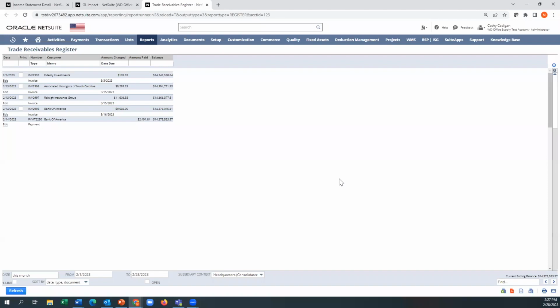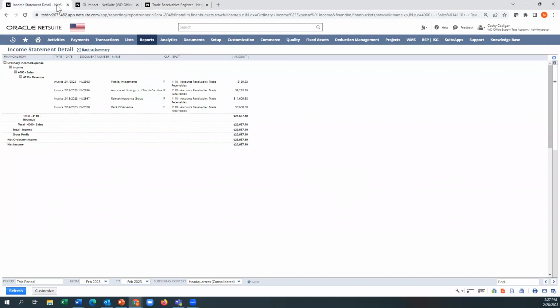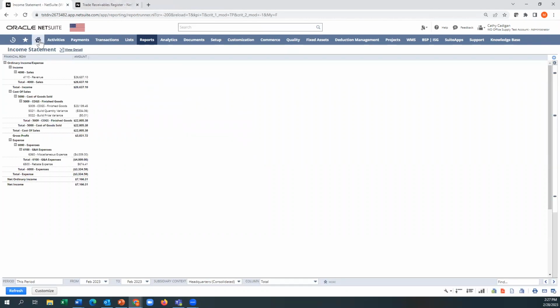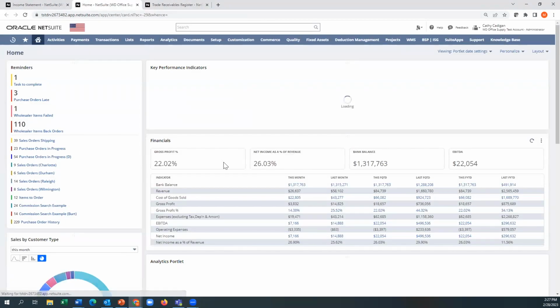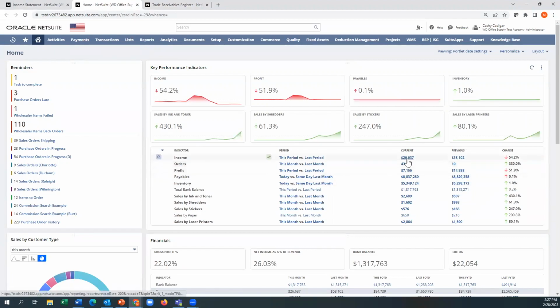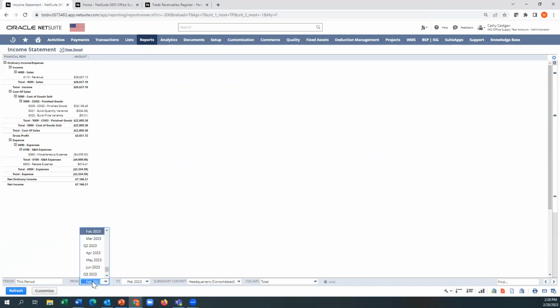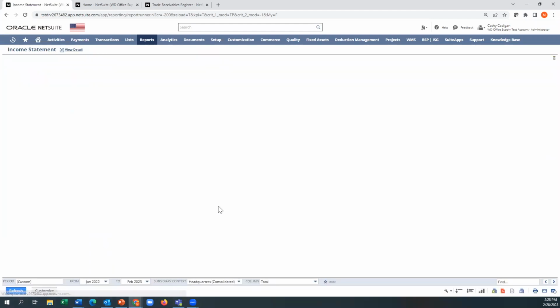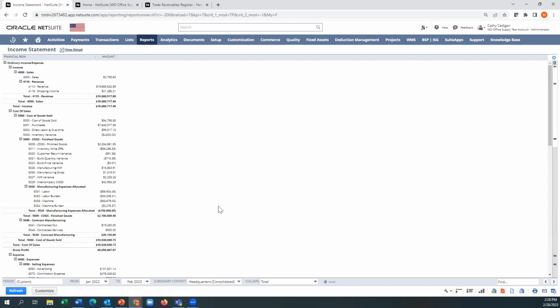Now, because I'm an administrator, I was able to do that. Most people obviously shouldn't. So now I'm in the register, and I could actually click on this number and drill upwards versus downwards. So what's key here is we started this whole process from the main dashboard here, right? And all I did was click on that number. Now, just to finish off what these reports can do, the date ranges here. Now, I have a preference that says that financial reports should be run by financial period, not by date. You just set that up here.